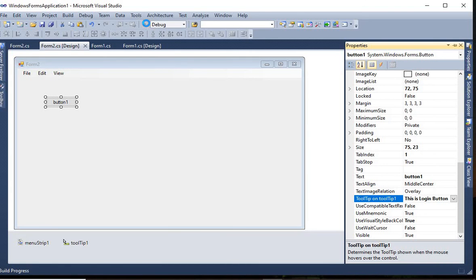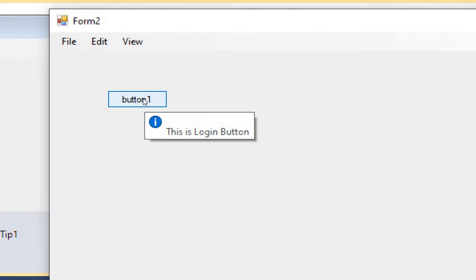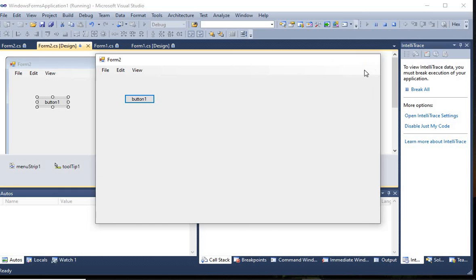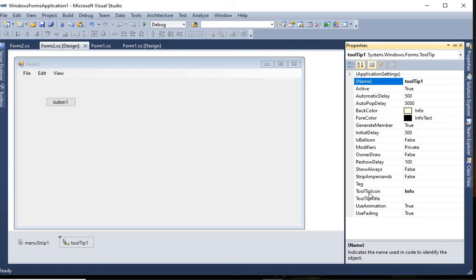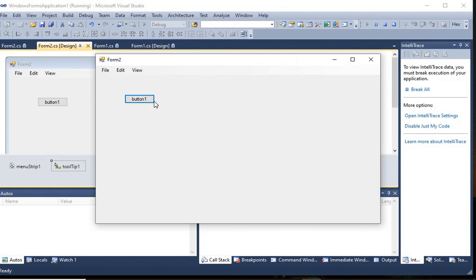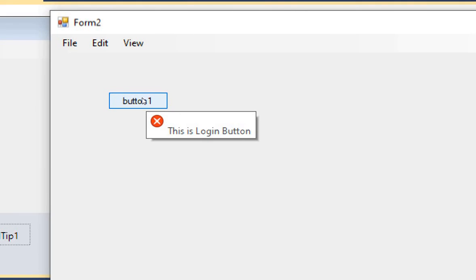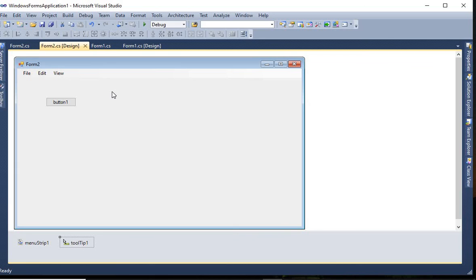Just run it. You can see this is login button. It's an information sign. Now if I change the ToolTip icon to an error message, then it will appear in the form of an error. This is login button. So in such a way you can implement a ToolTip.